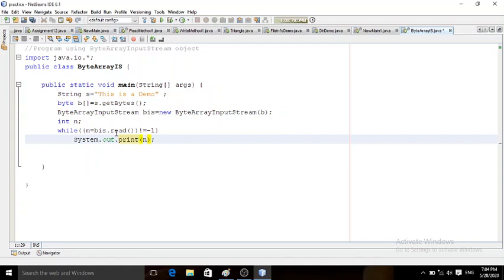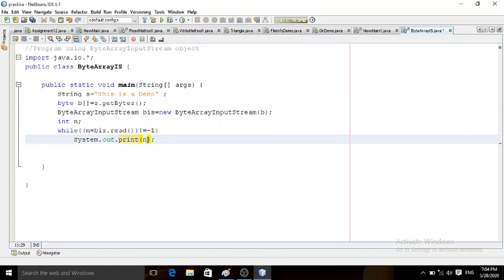We want to print n here, but I want to print this in string format. What is n? n is the integer form of your byte. That means here this string is converted into bytes, these bytes are now converted into integer, and again I want to read this n in the original string form so that it will be readable.